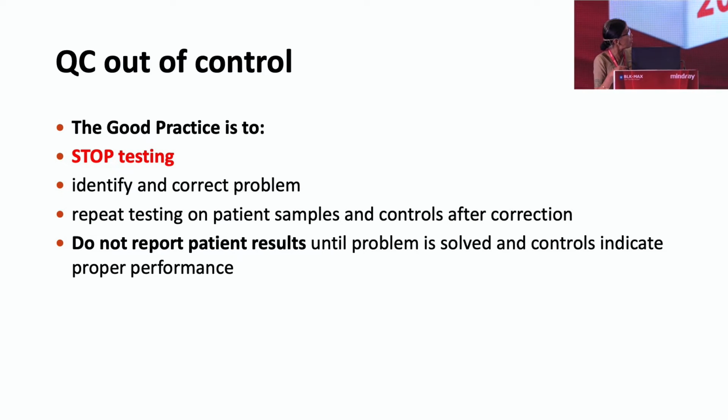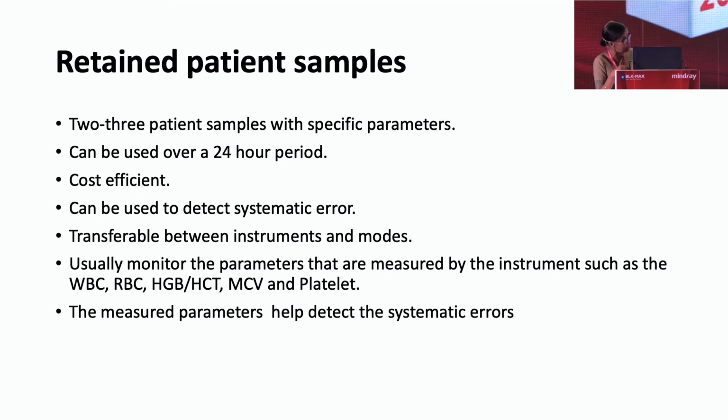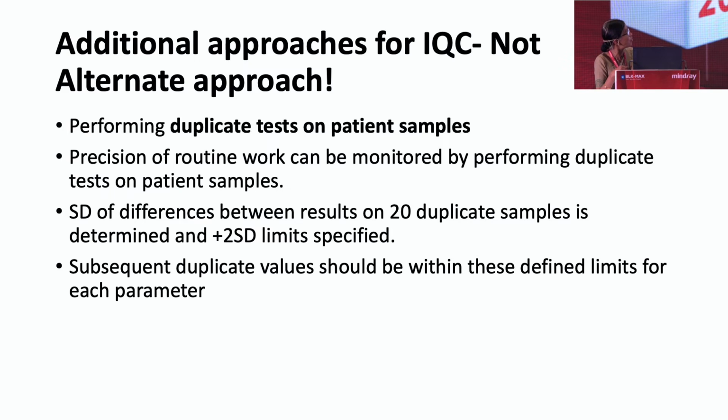So when QC goes out of control, it's important to stop testing and identify the problem. Do not report patients' results. There has to be a policy for troubleshooting when results go out of range. Retained patient sample testing can contribute significantly to part of the QC procedure. However, please note that these are additional approaches to IQC and not